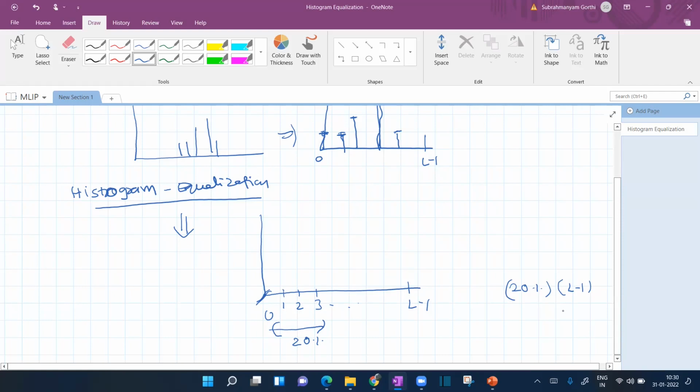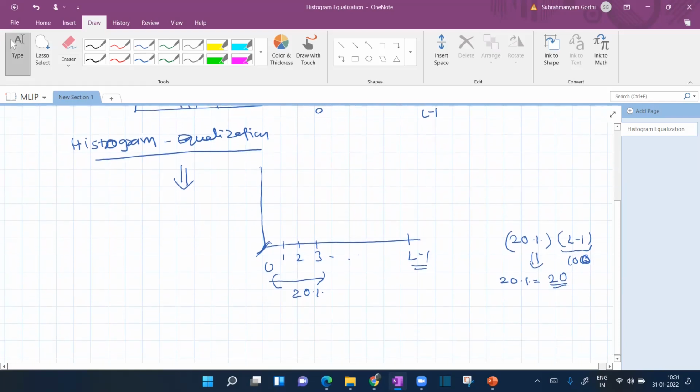What do I mean by that? Don't worry about what this L value is. For simplicity, let me put L minus 1 as 100. Then 20% of L minus 1 is how much? 0.2 times 100, that is 20. So 20% means it is 20. So by the time I reach a pixel intensity of 20, if I sum,